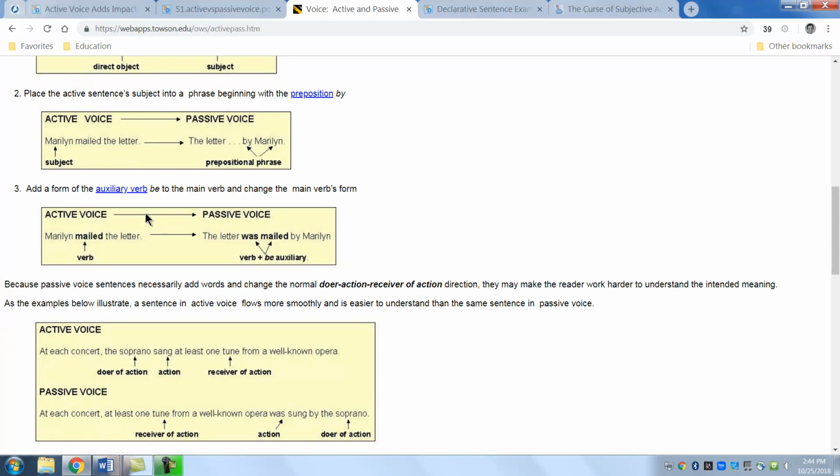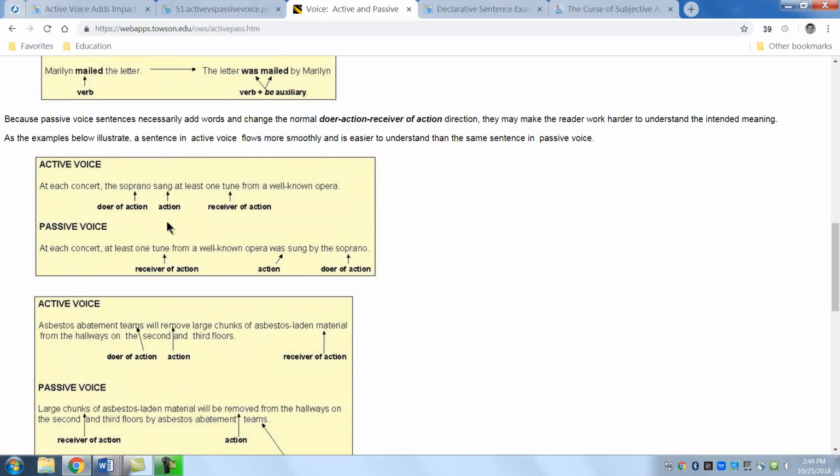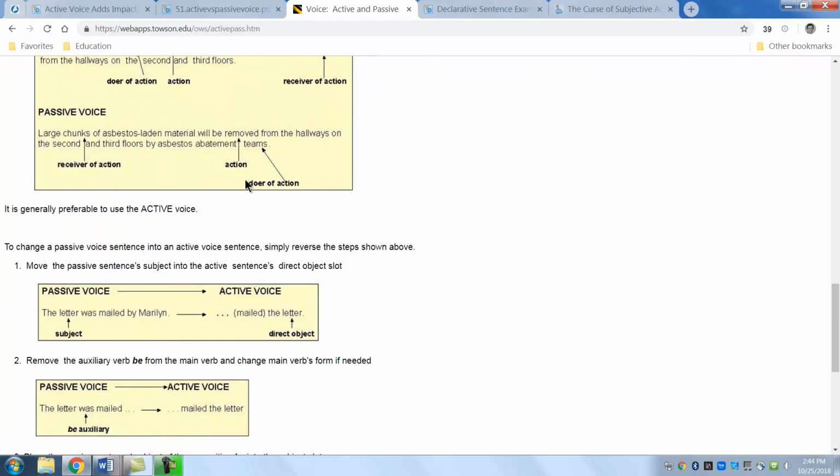So take a look at these examples and notice where the verb is and where the prepositional phrase is. Don't end your sentences on a preposition too. That may be another video. So what does the action, the doer of the action, the action receiver? This is probably the best example right here. The doer of the action, the verb is the action, and then the receiver of the action. Especially with your type of research where you're looking at cause and effect, then you want to put the cause of the action at the beginning and the effect at the end. Alright, so look at these examples. Again, this site is available to you.